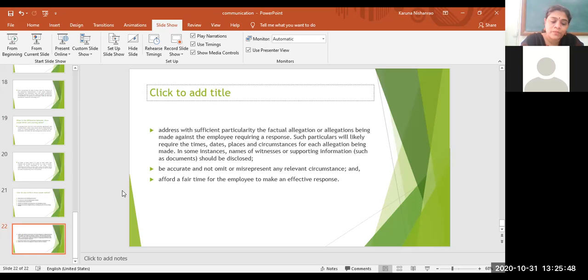Whenever a person is interpreting what is written in the show cause notice, it is supposed to be done in the proper way. The message conveyed by the higher authority through this show cause notice must be received in the same way. So these are certain guidelines we need to use.